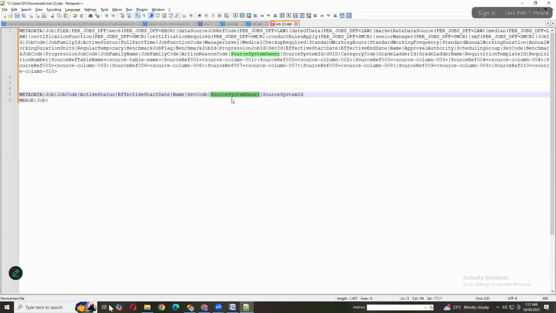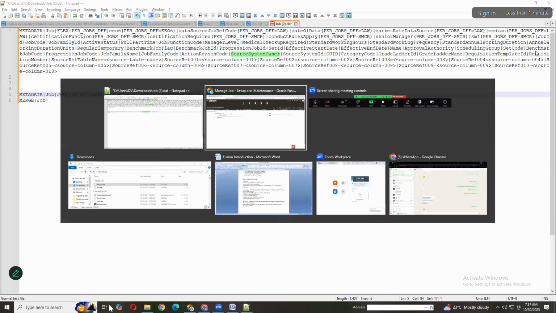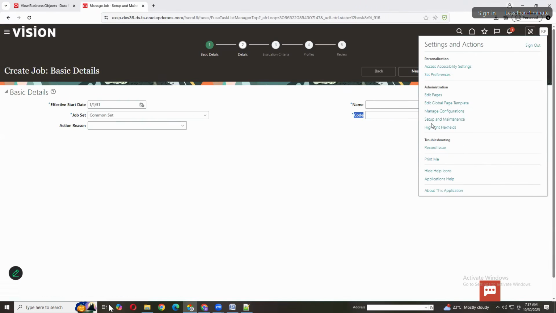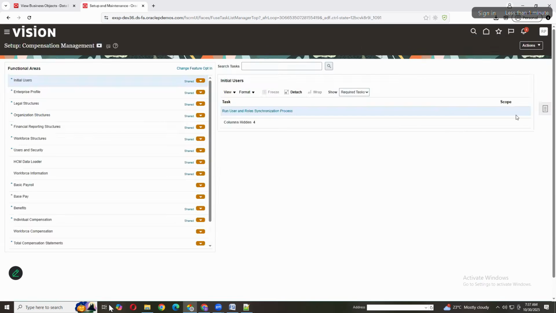So now where can we find this lookup? Just copy this and go to setup and maintenance. Here